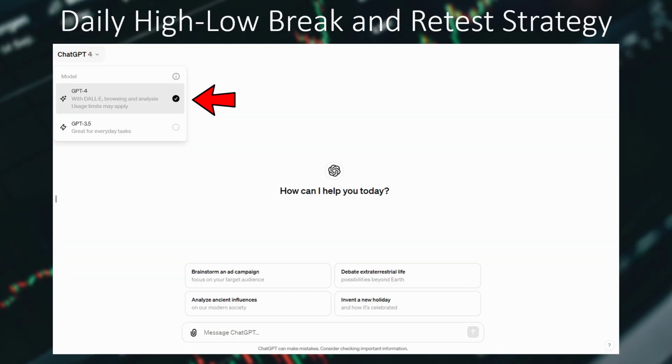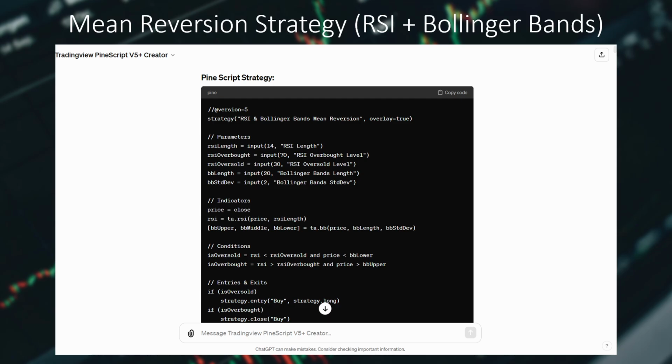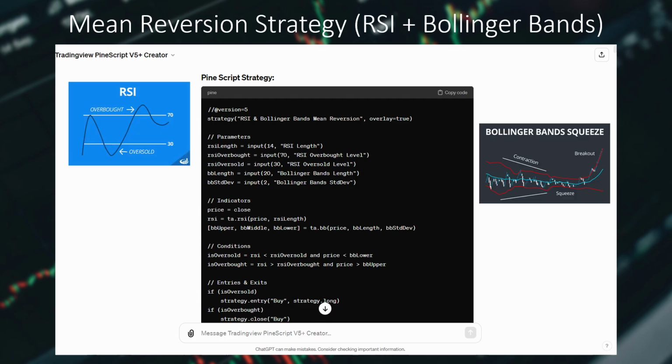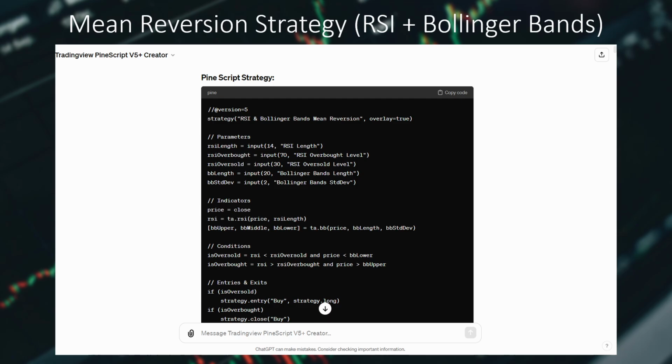Keep in mind I am using ChatGPT 4, but I'm sure you can get similar results with GPT 3.5. First of all, I told ChatGPT that I am making a video where I showcase a ChatGPT generated strategy and asked for one that it can code. It gave me a mean-reversion type strategy idea that uses the RSI and Bollinger Bands. If you attempt to create a strategy with ChatGPT, it usually gives you a strategy that uses the RSI, Bollinger Bands, MACD, ATR or any other well-known indicators, as it has relatively limited knowledge. In future videos, I will show you examples of how you can work around this problem, but now let's focus on